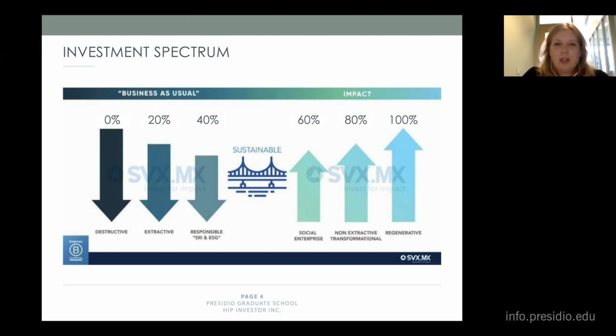And at HIP Investor, a lot of what we do still actually falls on this left-hand side, where we look at responsible investing, incorporating ESG screens, because it's hard in the financial services industry. It's good to be differentiated, but it can be hard to actually be different, because people are pretty conservative with their money, and we want to make sure that we're moving people in a way that feels comfortable. And when we are working with large institutions, there are a lot of stakeholders that we have to convince and get on board.